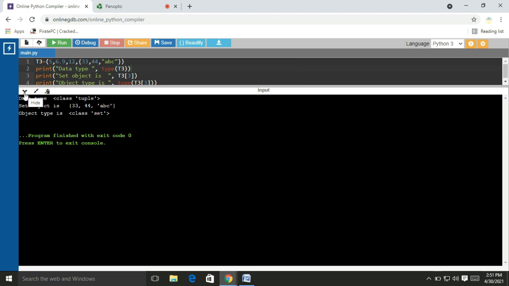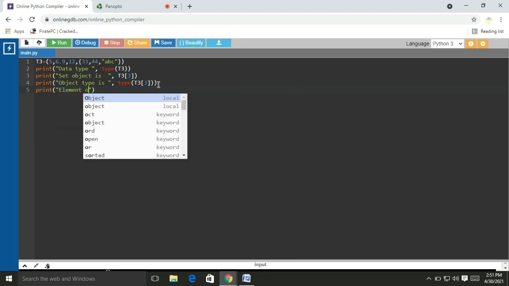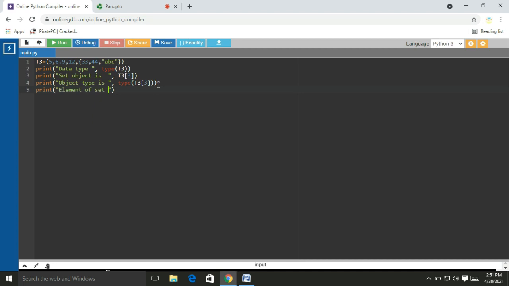But we know that it is not possible to get the elements of a set by indexing. Suppose we use an index on the set, it will generate an exception, that is an error. Element of set, comma, T3 of 3. So it is not indexable.